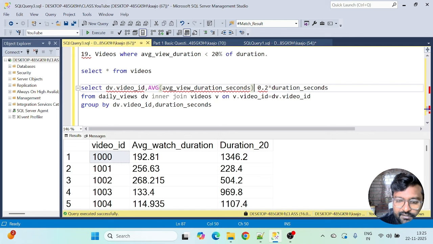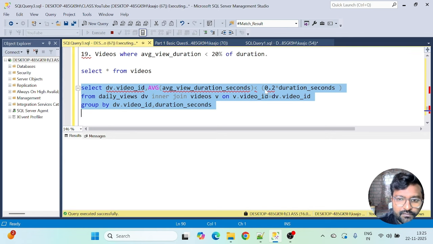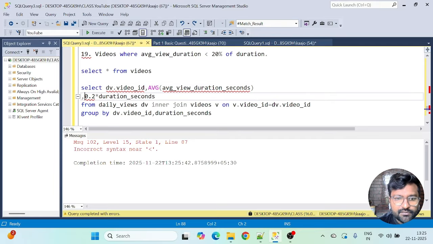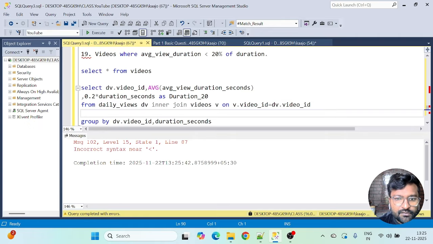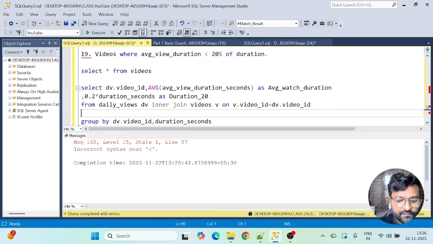Now just take a less than this, open up a bracket here. Now let's see whether this is working or not. We'll figure out. Okay, so that means this is not working here. I think I should take this in a where clause. I did a mistake here. Okay, no issues. So let's go with the where clause here, or better go with the CTE here also, because either I'll have to take the where clause and then the aggregate function here itself. Okay, no problems.